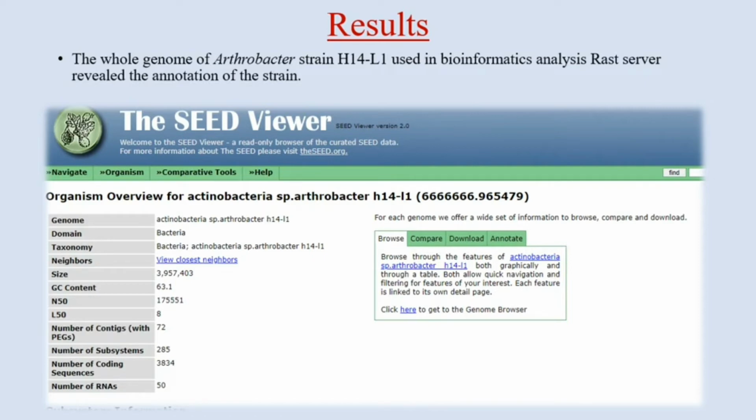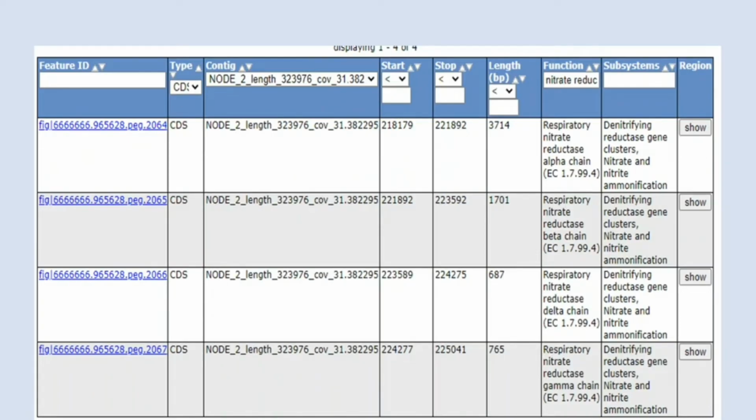Also, if you can focus here on these values, N50 and L50. These values represent the shortest and the longest sequence of contigs, as well as the number of coding sequences and the number of RNAs. Some genes encode only into RNAs, like sRNA and tRNA. So this strain shown